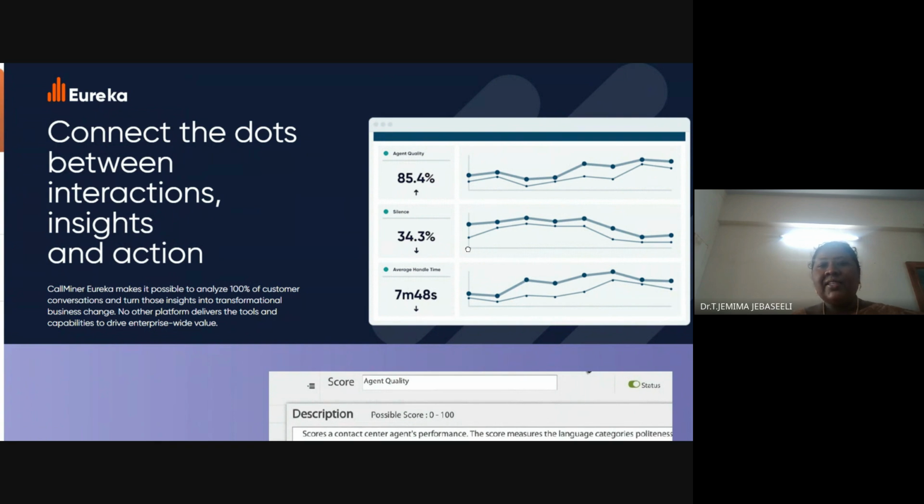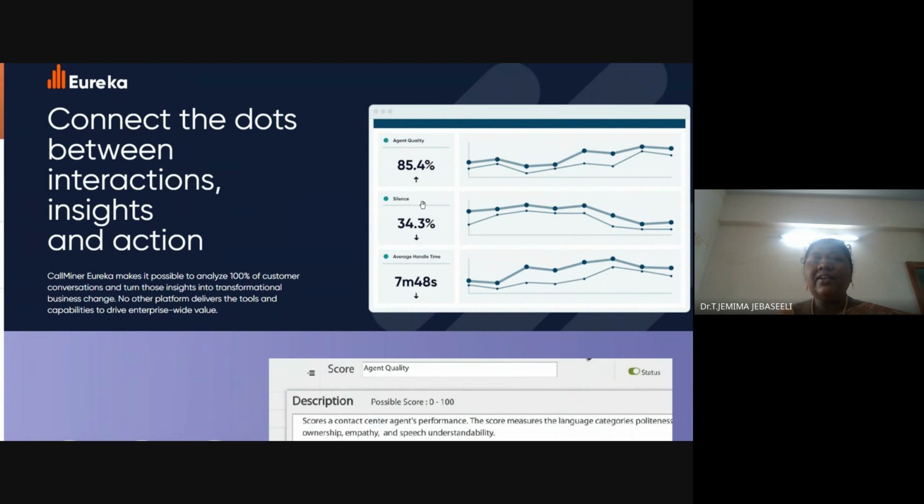For example, here they have taken one more parameter: how much time was spent maintaining silence, when no discussion happened during the call. Maybe a person may say, be online, I'll search for the information, or please wait, I'll call you later, and the call may not be answered. A person may wait at the other end. Whether it is the customer or the respondent,